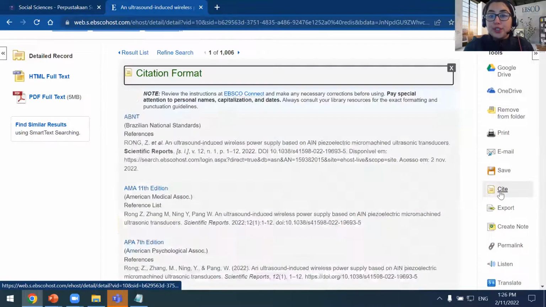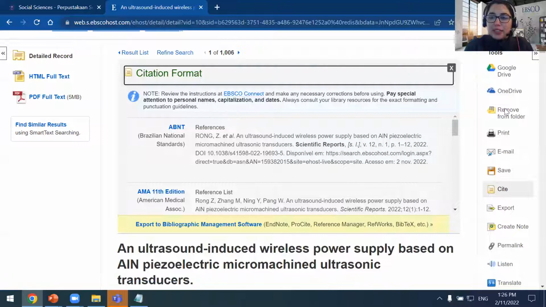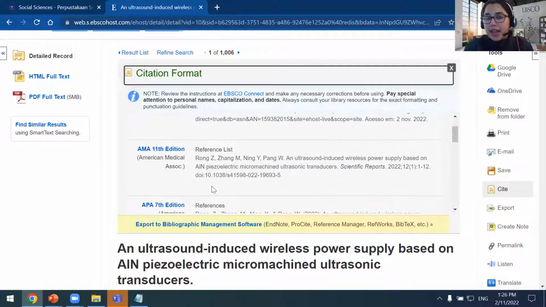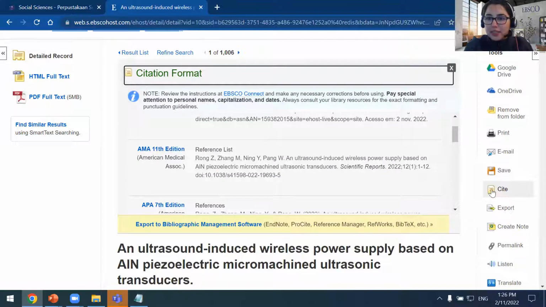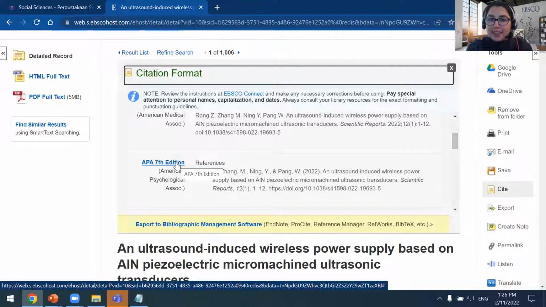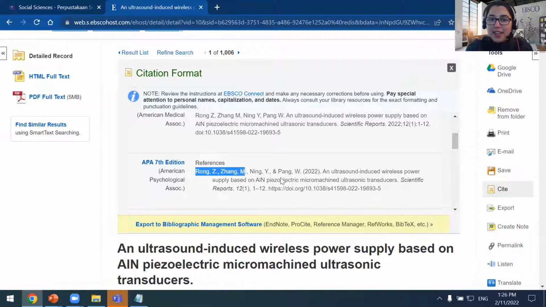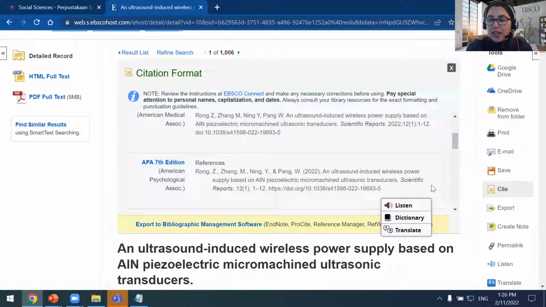And I can also cite. So if this is an article that I'm going to have in my research paper that's going to be inside my reference list, then I'll want to cite this. And there are 9 different citation styles reflected under the citation format tool. So for example, let's say I'm citing in APA 7th, I can copy that citation and add it to my reference list. This isn't going to replace your library's referencing guidelines.